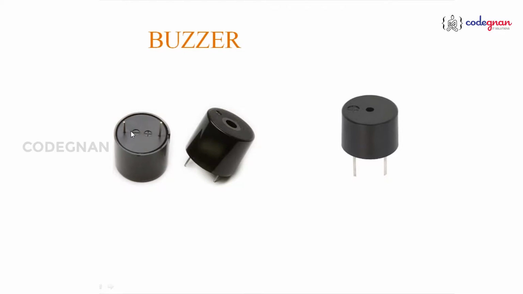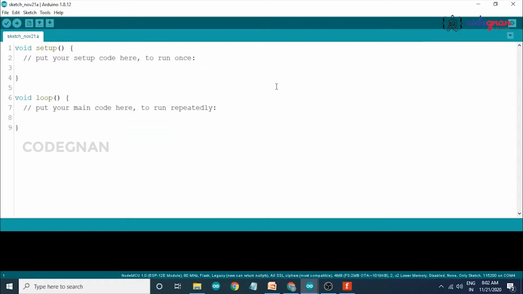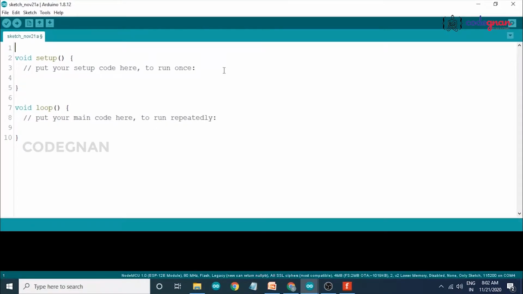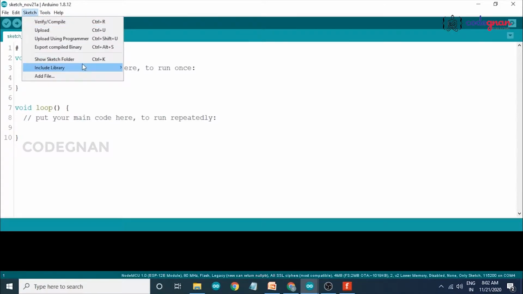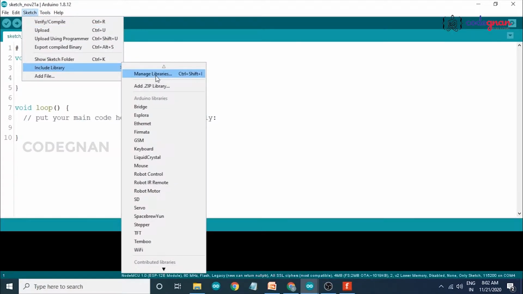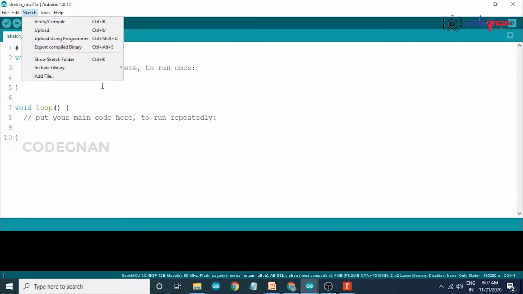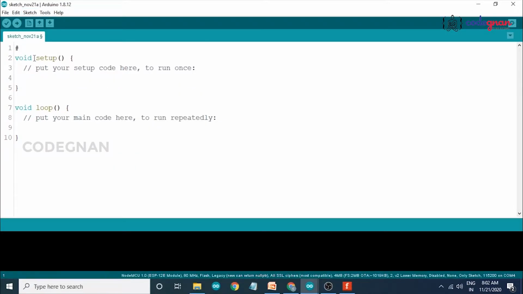Now, without any delay, let's jump to our programming part. Open our Arduino IDE. Now we have to include ESP8266WiFi. If you do not have it on your PC, you can go to Sketch, then Libraries, and click on Manage Libraries to get the library file.